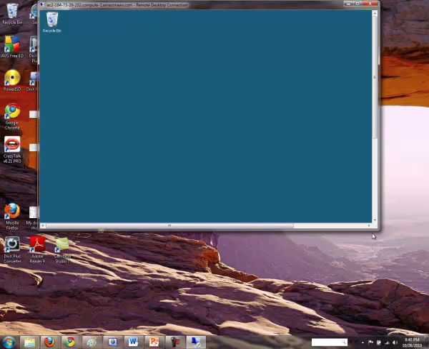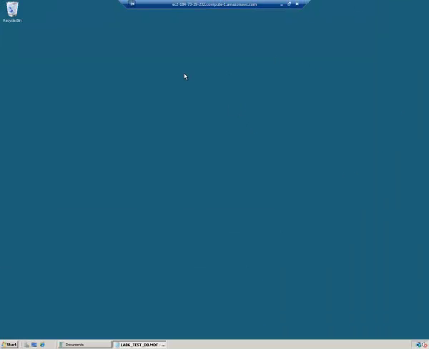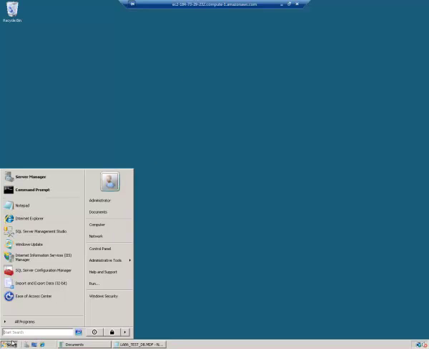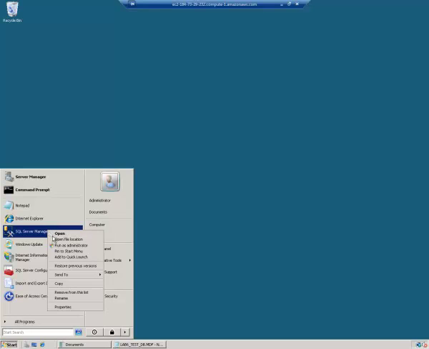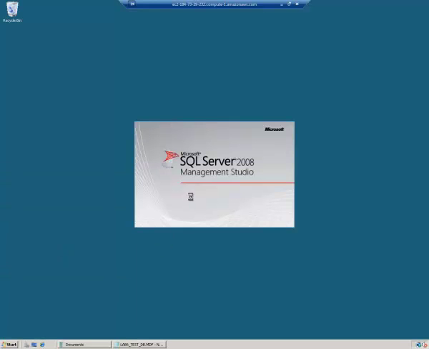As you can see, I have remote logged into our EC2 instance. You could also do the same thing with our Remote Lab server. Now let me open the SQL Server Management Studio. To do that, you have to run the SQL Server Management Studio in administrator mode in order for you to create any new databases or tables. You'll have all the required permissions only if you run it as an administrator. So I'll do that by just right clicking on it and saying run as administrator.